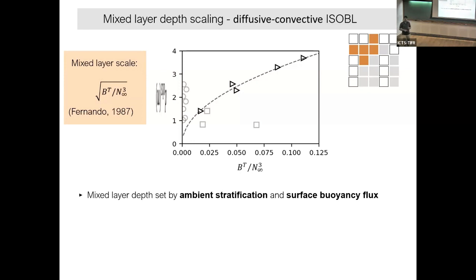Now, we should expect a different scaling here because it doesn't have a U star dependency. You have B, the buoyancy flux, and the background stratification, because now the background forcing has to work against the existing ambient stratification to drive a mixed layer. Correct? Because otherwise the mixed layer would continuously grow to infinity. Somebody is holding the mixed layer, and that is the background stratification of the ocean.